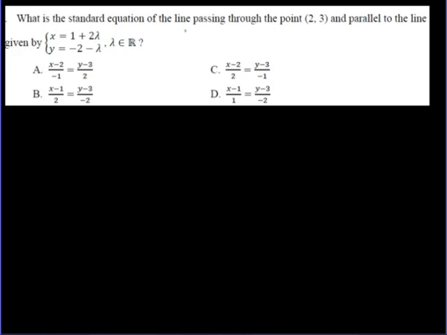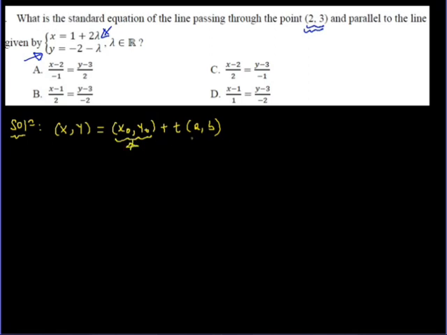What is the standard equation of the line passing through the point (2, 3) and parallel to the given line here, which is given in parametric form? So we are asked the standard equation of a line passing through (2, 3), which is parallel to the given line, given in parametric form. Before proceeding to the determination of the line, we need to know something. If we have a vector equation of a line, given in this form, (x, y) equals (x naught, y naught) plus t times (a, b), it is the vector equation of a line where (x naught, y naught) is a point through which the line passes,